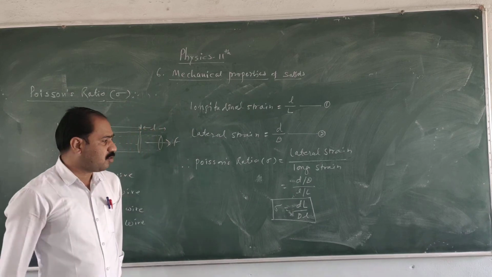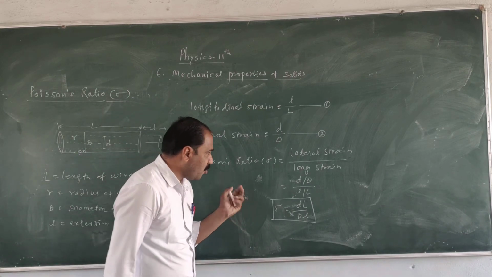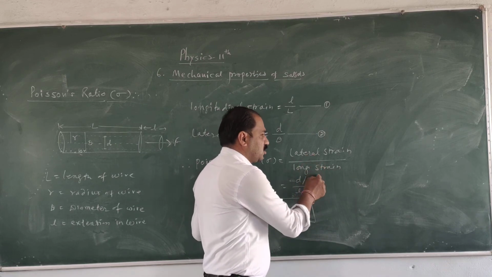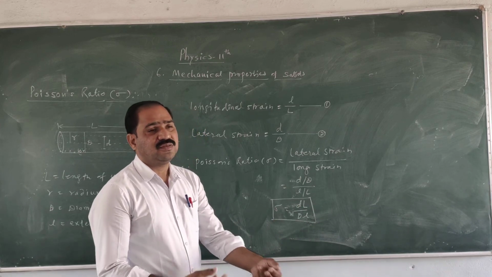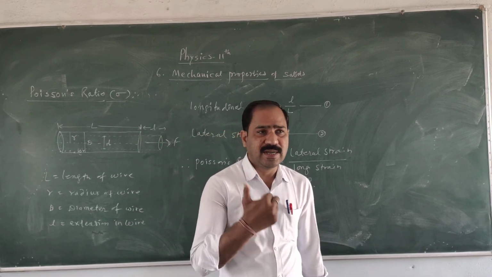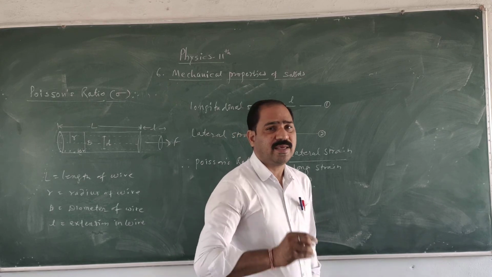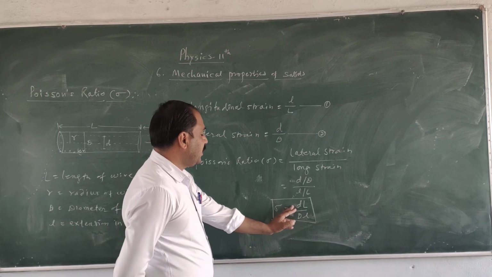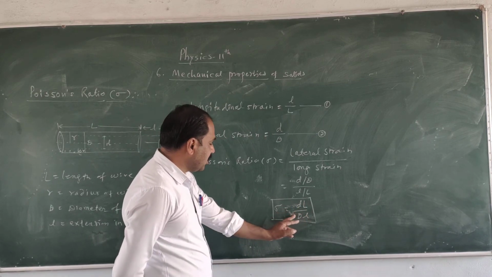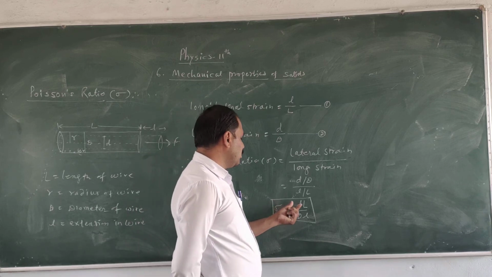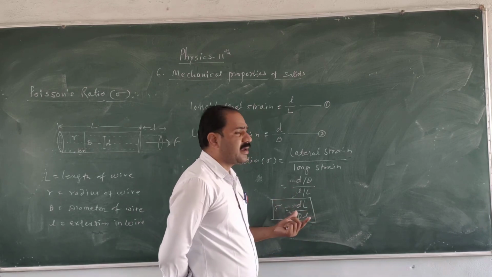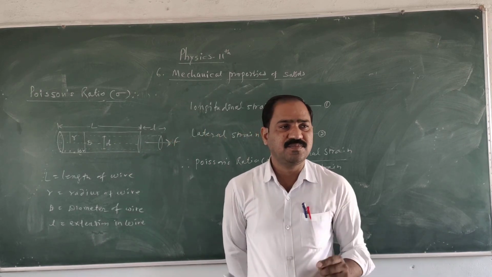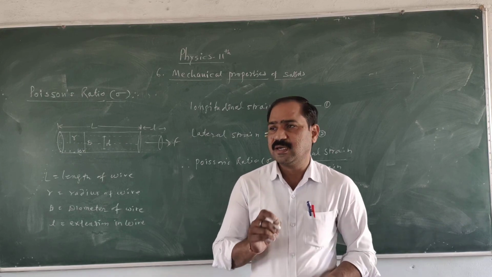What we obtain here is called the Poisson's ratio. So here the Poisson's ratio is nothing but the ratio of lateral strain to the longitudinal strain, and here the lateral strain is nothing but the change in the diameter to the original diameter, because this change occurs in perpendicular direction to that of the applied force. Therefore sigma is equal to small d into capital L upon capital D into small l. But here is the ratio of these two similar quantities, length upon length and diameter upon diameter. So this quantity is a ratio and has no unit. इसे कुछ भी यूनिट नहीं है और कुछ भी डायमेंशन नहीं है.